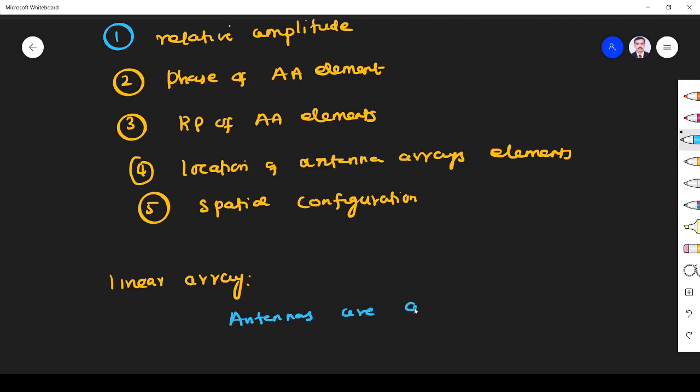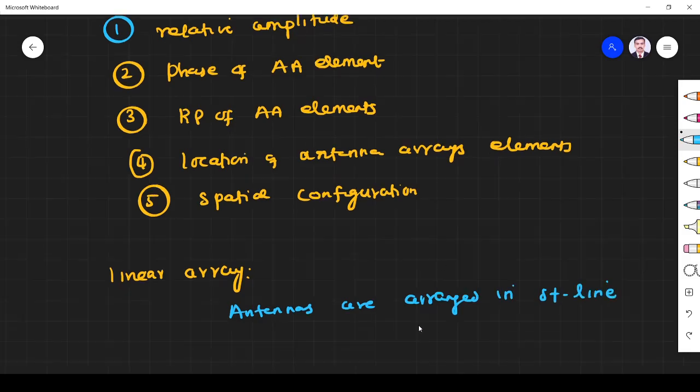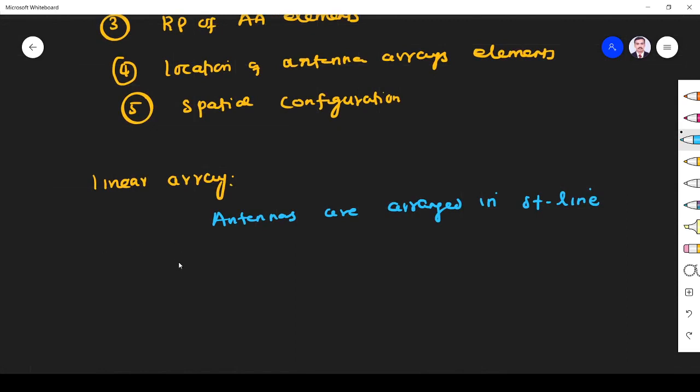If the antennas are arranged in a straight line, then that array is called a linear array. For example, like this, 1, 2, up to n antennas, arranged in a straight line. This is a linear array. It is a one-dimensional array.